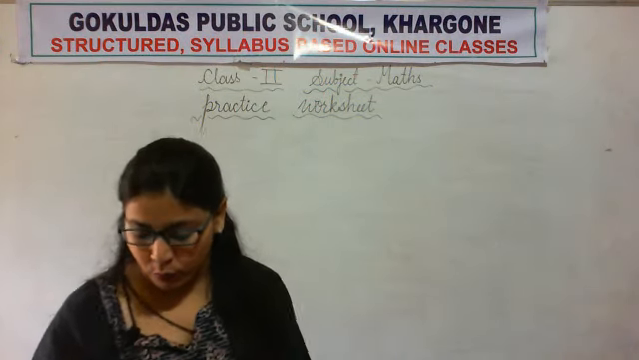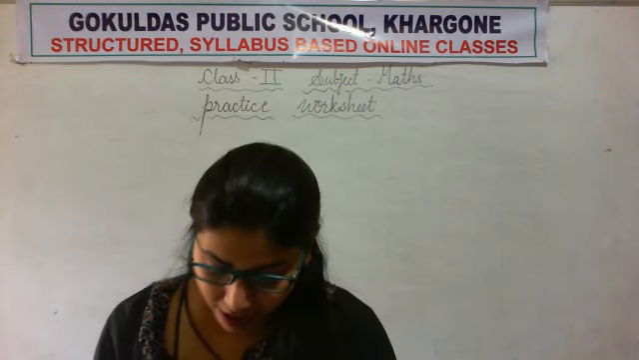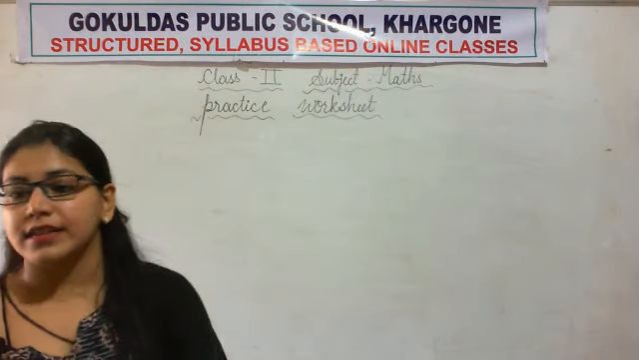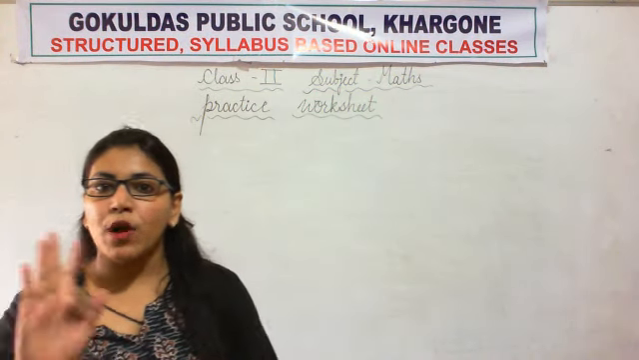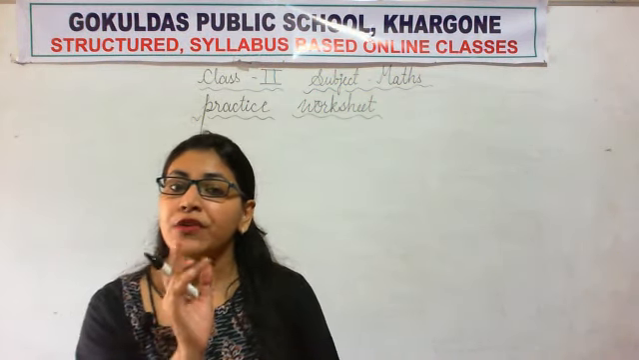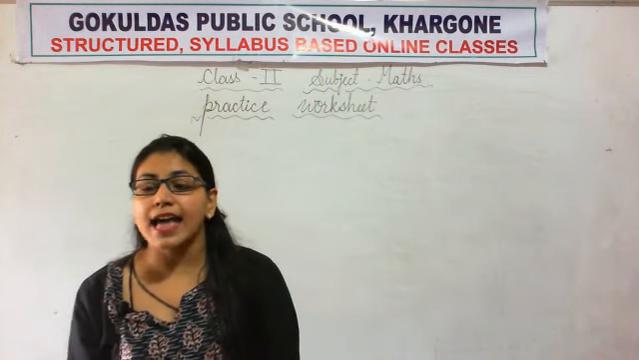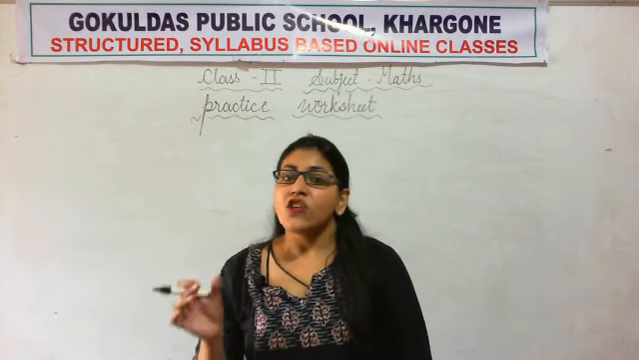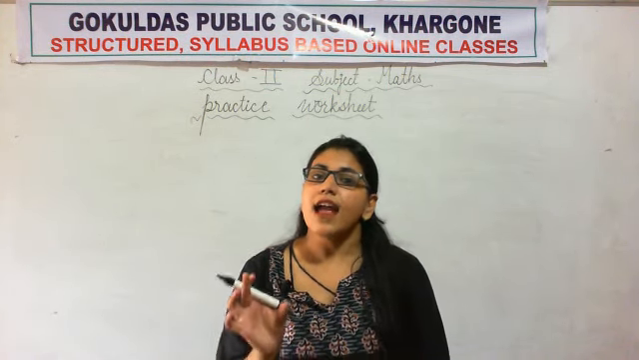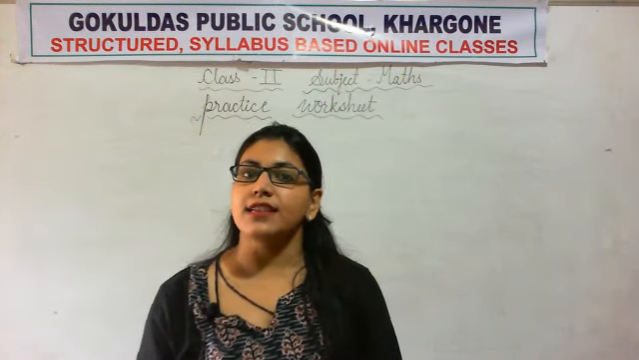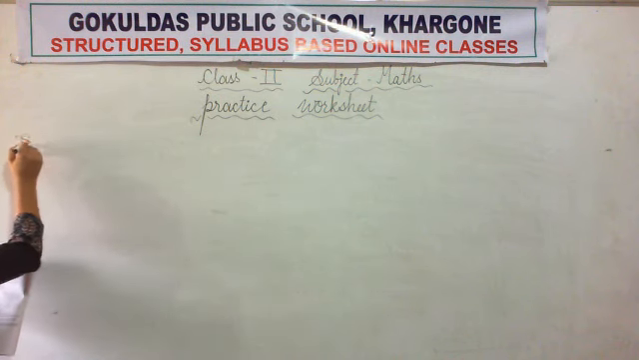Now question number 2. Question number 2 is add the following numbers and round the answer to the nearest 10. First of all we have to add the numbers and then we will round off the answer. The question has mentioned clearly which number we have to round off. We have to round off the answer to the nearest tens. Okay, so question number 2,